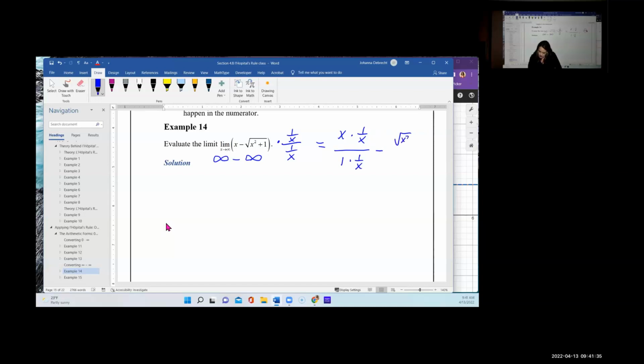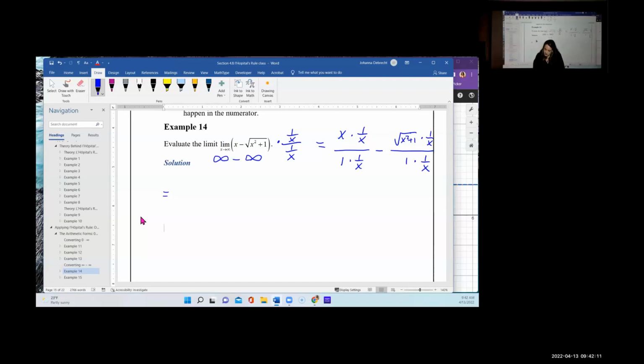Square root of x squared plus 1 times 1 over x, over 1 times 1 over x. So does everybody see that I am going to end up with the common denominator of 1 over x? Right? Since I have a common denominator artificially imposed, I can combine them together. Now this is all algebra. So I did one step of calculus, which is checking what it approached: infinity minus infinity. And now I've got to do a lot of algebra to get it in a better format before I do